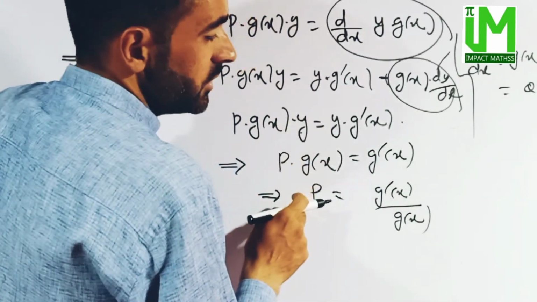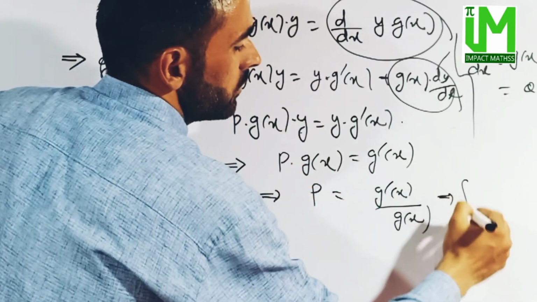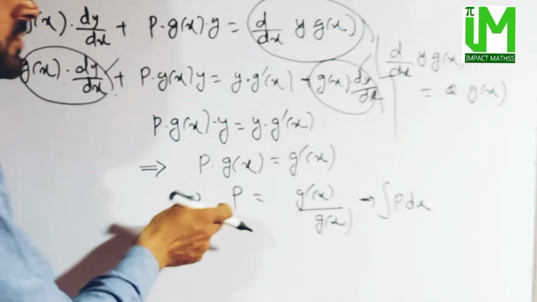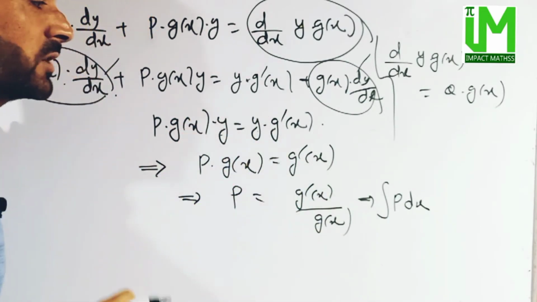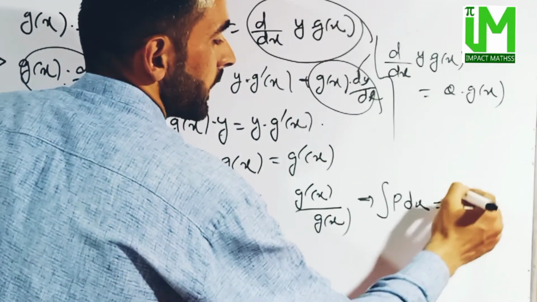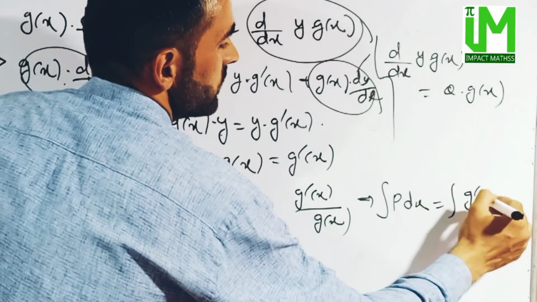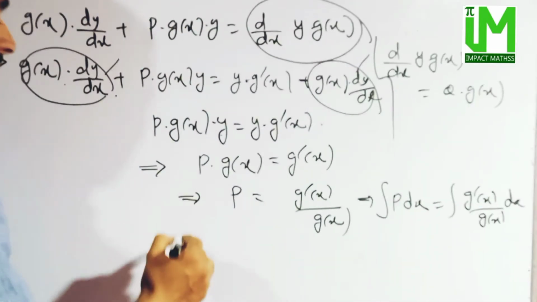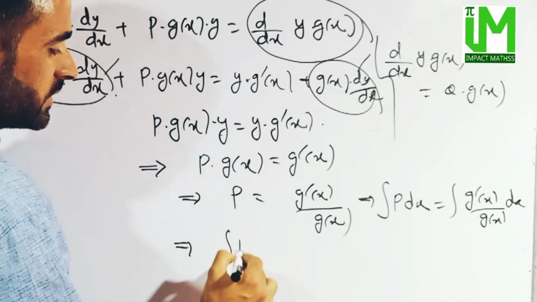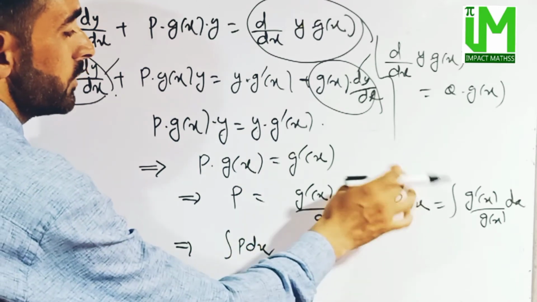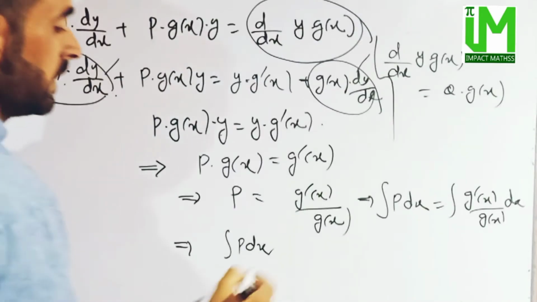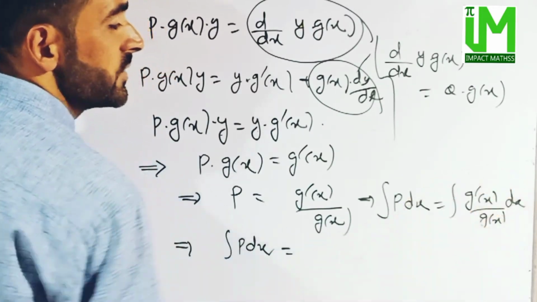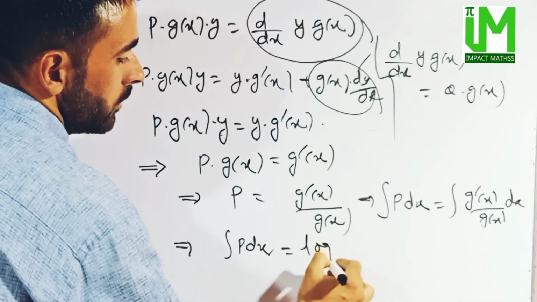So if we now integrate this, integrating both sides, this means integration of p dx. Obviously we are dealing with functions of x: p is a function of x and this is also a function of x, so we will be integrating with respect to x, is equal to integration of g dash of x divided by g of x dx. This is the general form because we do not yet know the exact value of p. So g of x is below, g dash of x is above, so this will be log of g